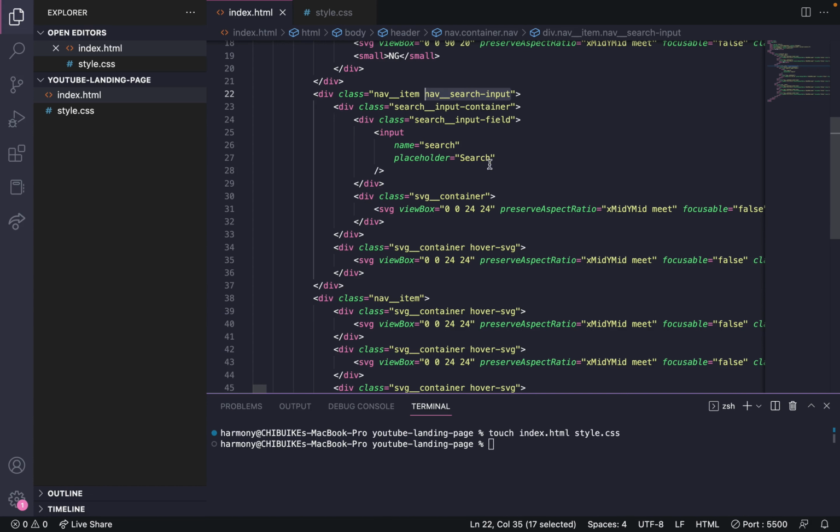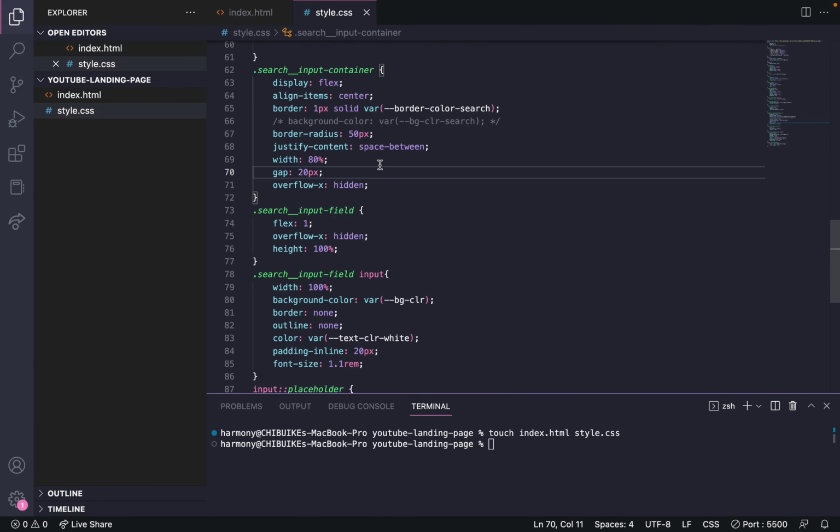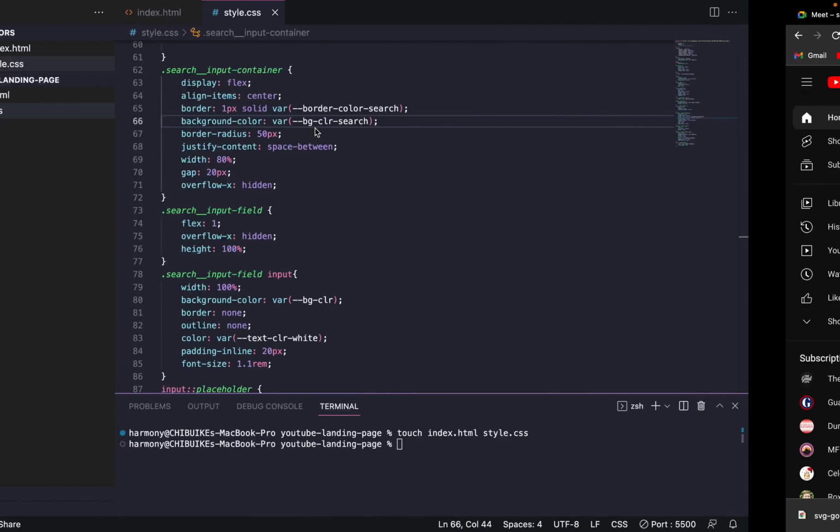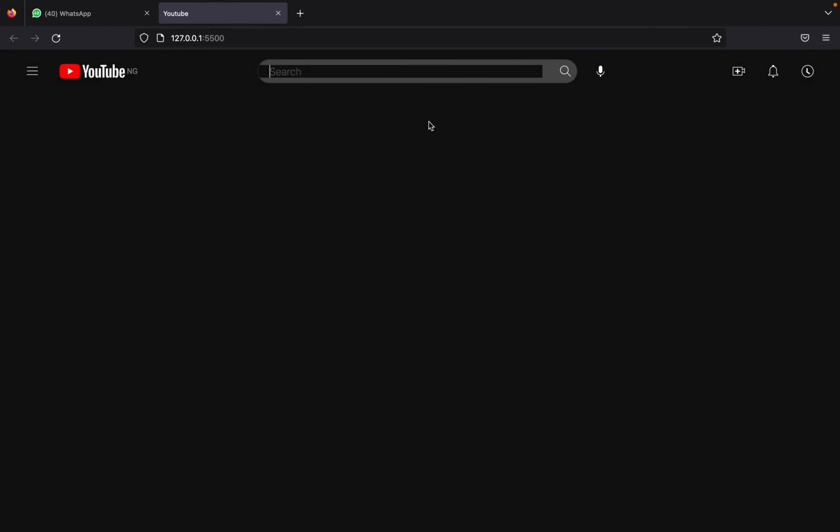Which one? So the nav search input is, the video is hanging. I'm just hearing the audio. Honestly, I don't think it's something that we can rely on because the network is very bad. So